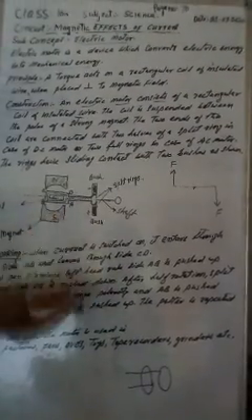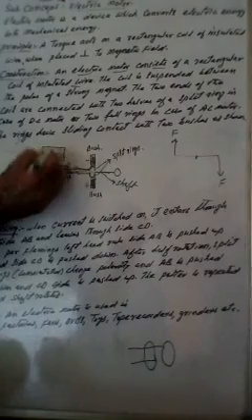Now working. When the current is switched on, current enters from the positive terminal conventionally through side AB and it leaves the coil through side CD. As per Fleming's left hand rule, when current enters through side AB, this is like this. Magnetic field is this. For convenience, I will write here like this because there is very little time for us.